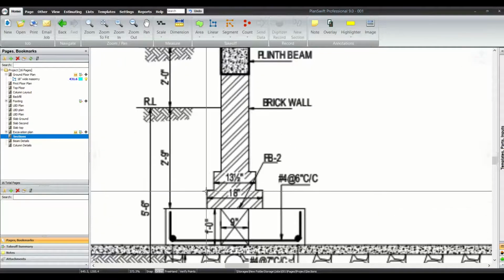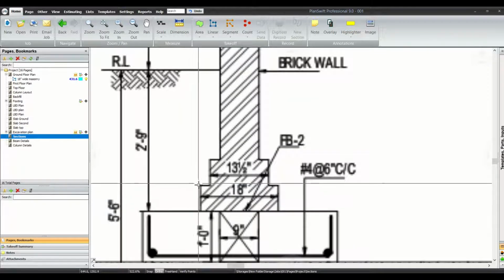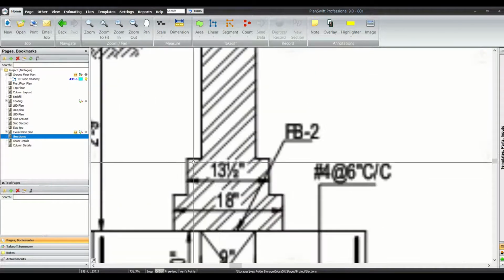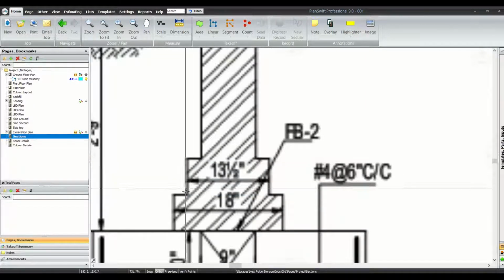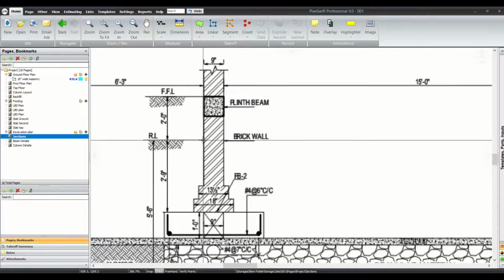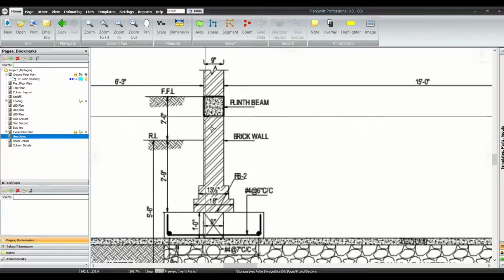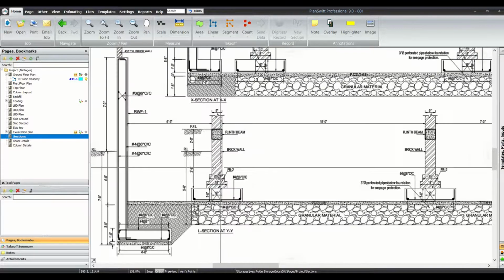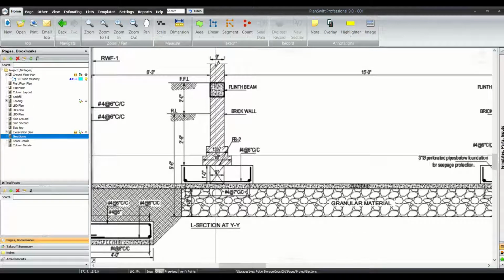One is 18 inches wide, we can calculate its height from here, and the other one is 13.5 inches wide, we can also calculate its height from here, and the last one is 9 inches wide brick masonry, and it is going to be above the plinth level. So these are the 3 different courses of brick masonry which we are going to calculate.